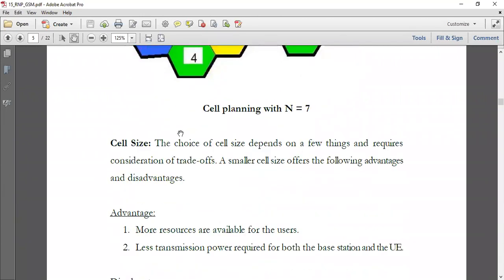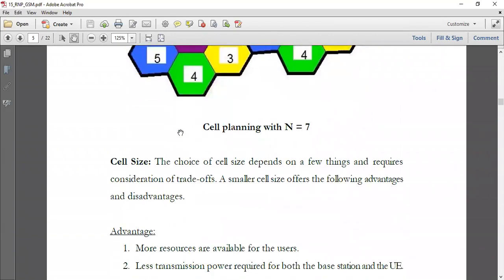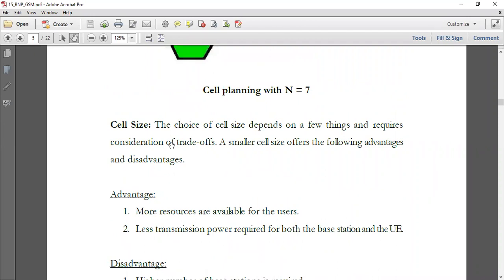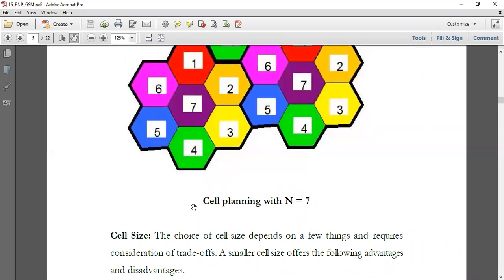For cell size, you also have a trade-off. Here it actually depends on how you view the whole situation, your viewpoint, what you consider constant. The way we have considered here is that we are covering a particular area using cells. Now, if you have smaller cells, then you have more resources available for the users, because I assume that the area, like how I